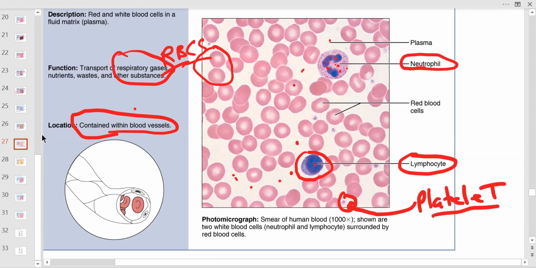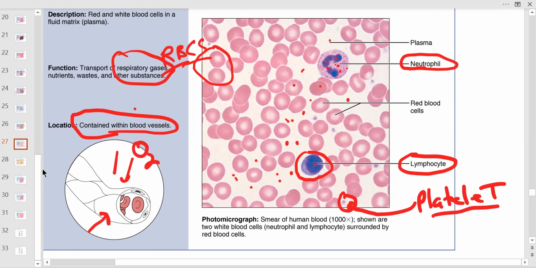It has sparse cells and a matrix. It happens to have a liquid matrix, though. There's no collagen here. It's not dense. It's not elastic. This is a fluid matrix within the vessels. Like this is a capillary. But guess what? You see this epithelium that lines the capillary? That's simple squamous. So capillary, not an artery, vein, or aorta. No. Capillaries is where the magic happens. That's where we have diffusion,